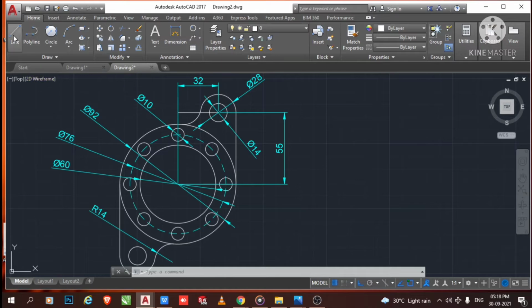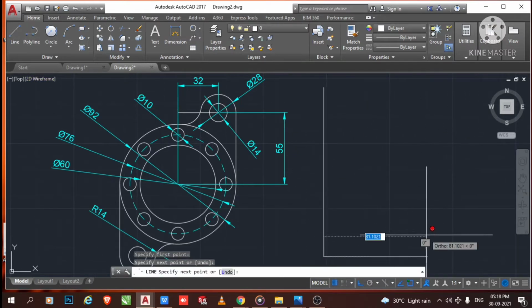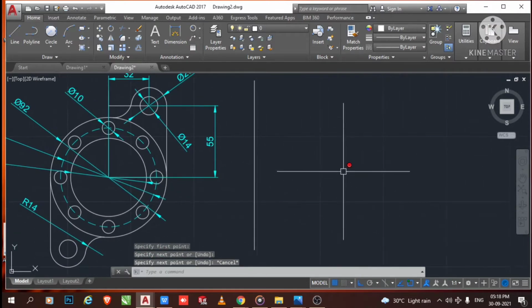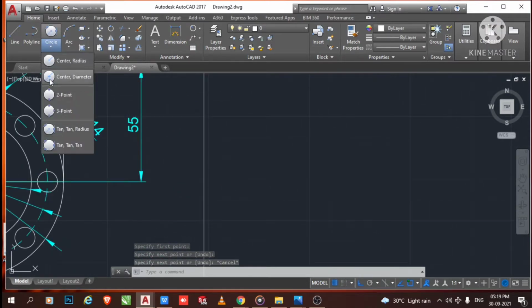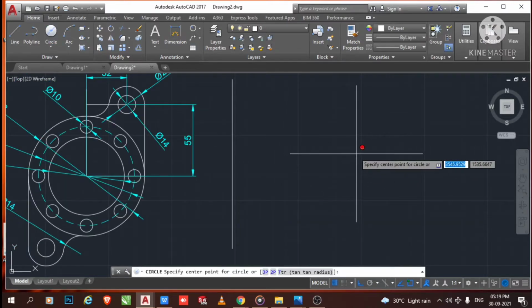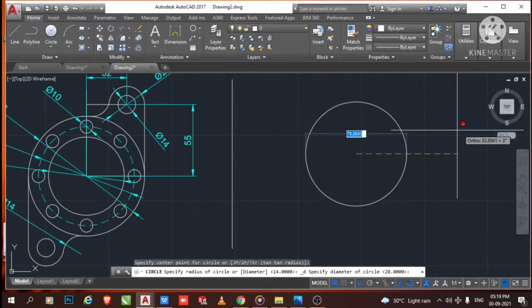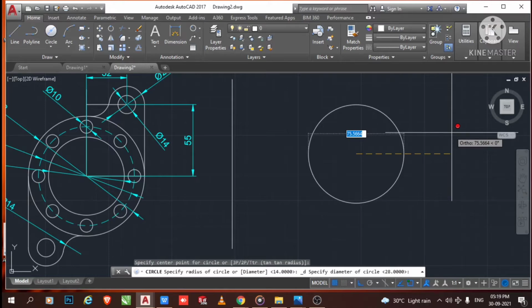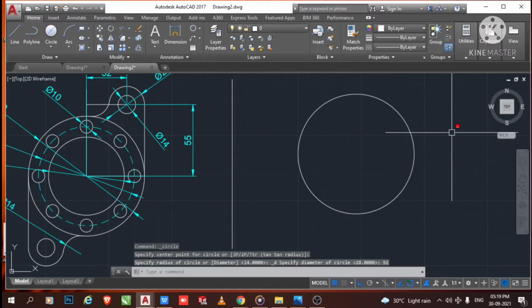Go to the line and create one line up to here. Then select the center diameter, and from any point make the circle up to here and make it 92 dia.